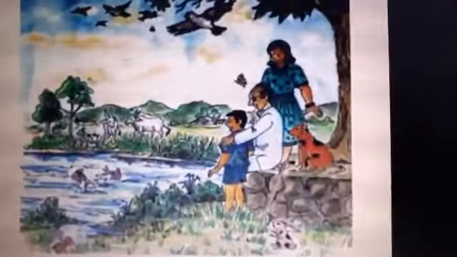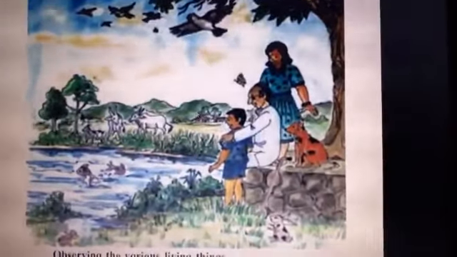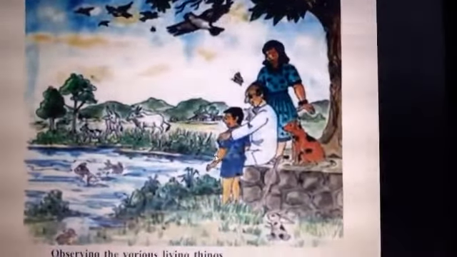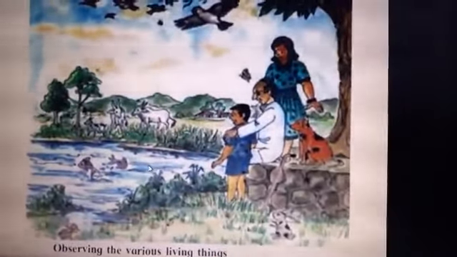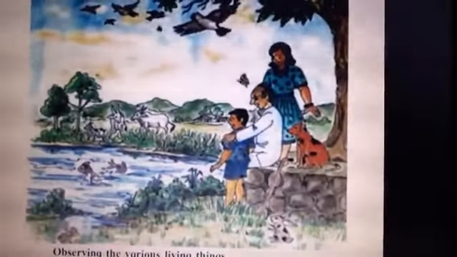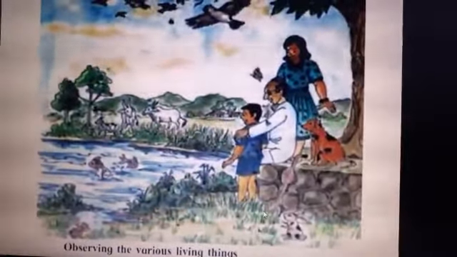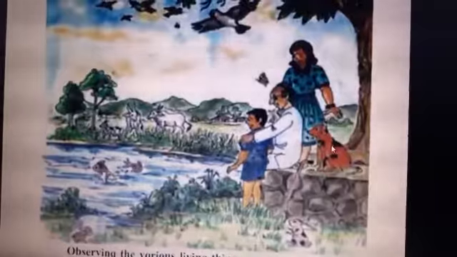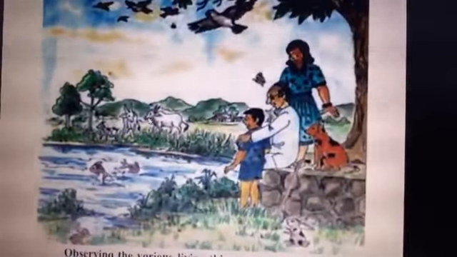Now what you have observed in this picture, let us see that in detail. Now here first thing, what is that? The grandfather is sitting with the grandchildren near the pond. In the pond water is there, and we can find the fishes are jumping up and down. They are moving in the water up and down. Then we find a frog here. Then we can see a rabbit which is sitting on the land, and here is a dog which is sitting along with the people behind and watching the water. Then we have seen two bullocks are standing over there.